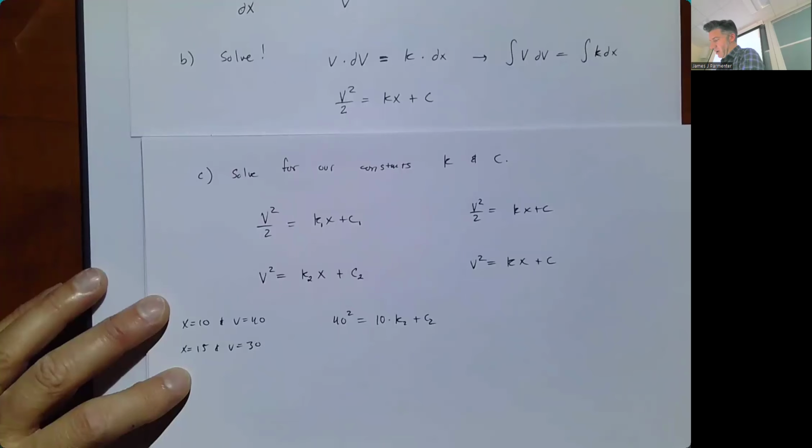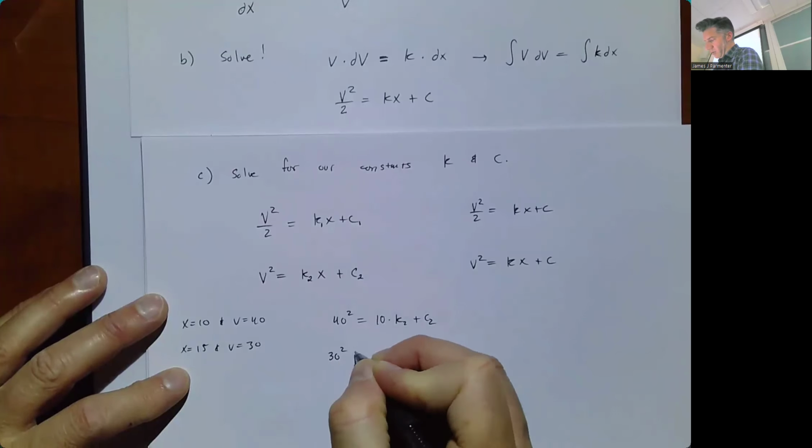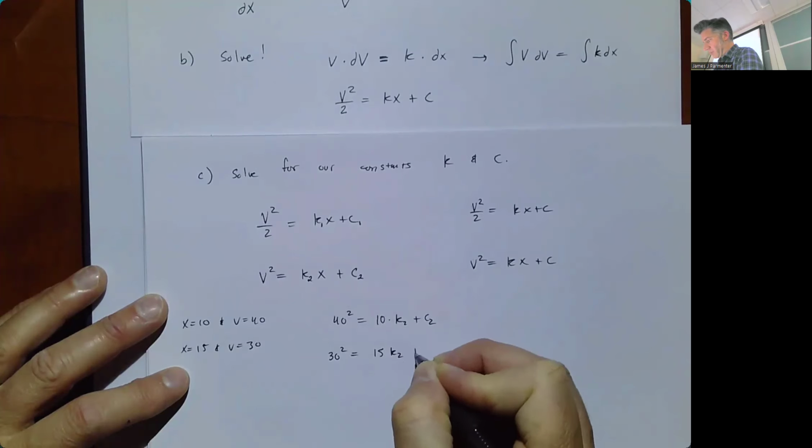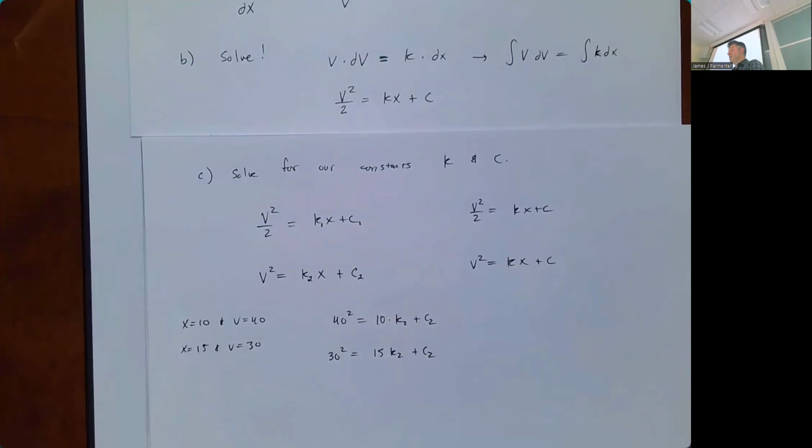When I plug in 30 for v, I get 30 squared equal to 15 times k2 plus c2. And there's a really convenient way we can solve this. I see two equations here where c2 has the same coefficient in each equation. I can just subtract these together to